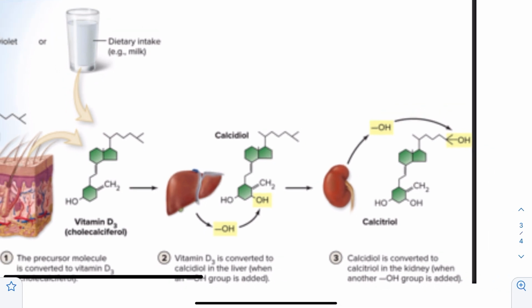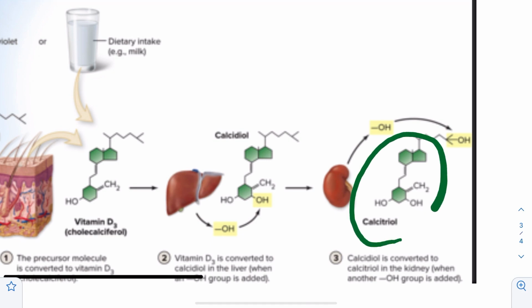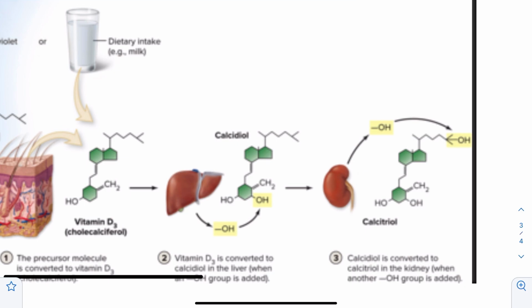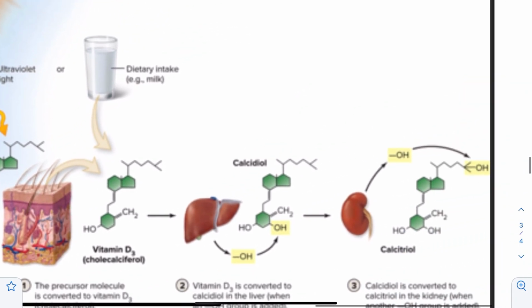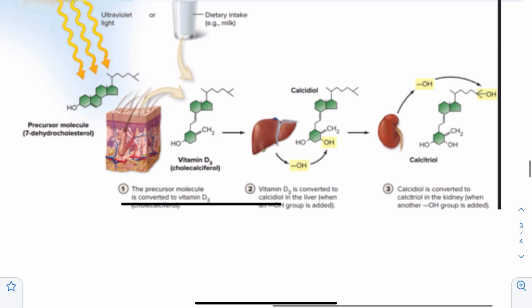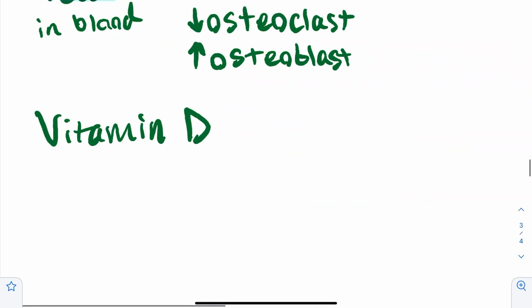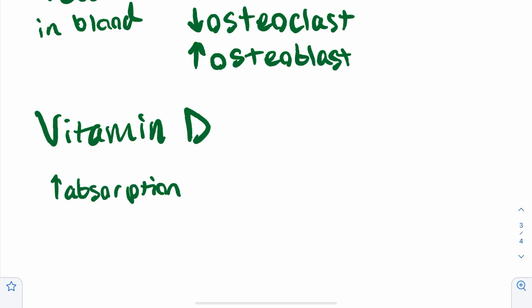Now, the interesting thing is that parathyroid hormone, which remember is supposed to raise blood calcium when it's too low, is going to activate this process. And we'll see why in a minute. So calcitriol is the activated form of vitamin D. And calcitriol is going to do a couple different things. Calcitriol is going to increase absorption. I'm going to write this over here where I said vitamin D. Increase absorption of calcium